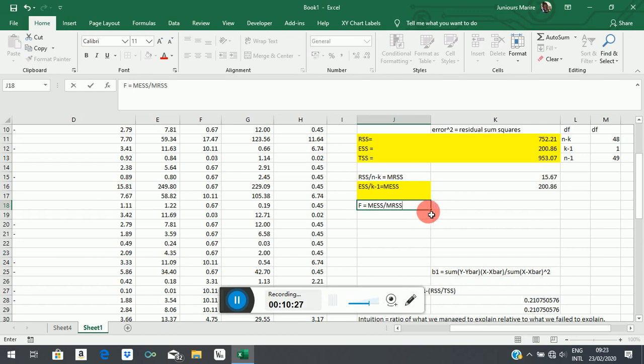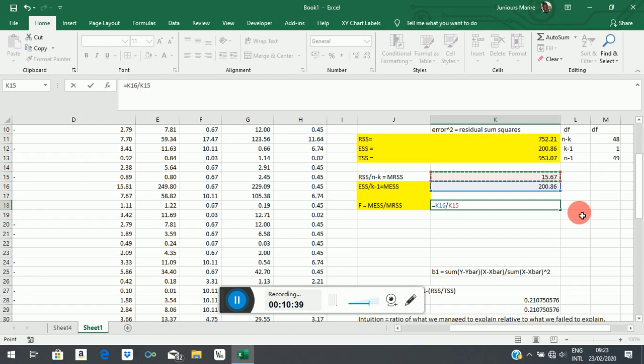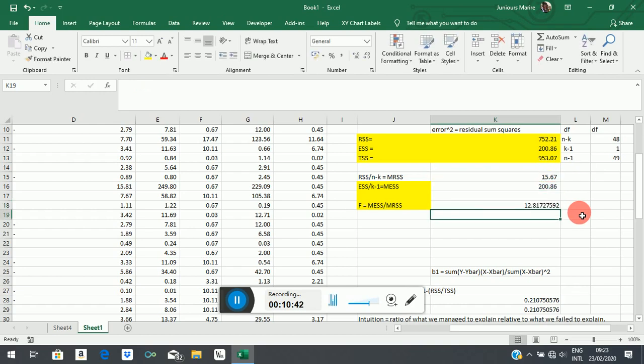Okay, and this is just equal to this number over that number, and you get this number